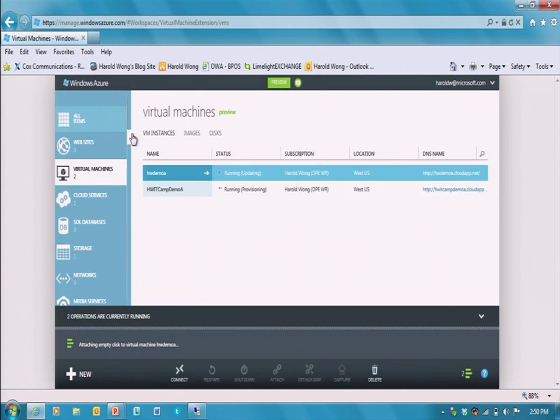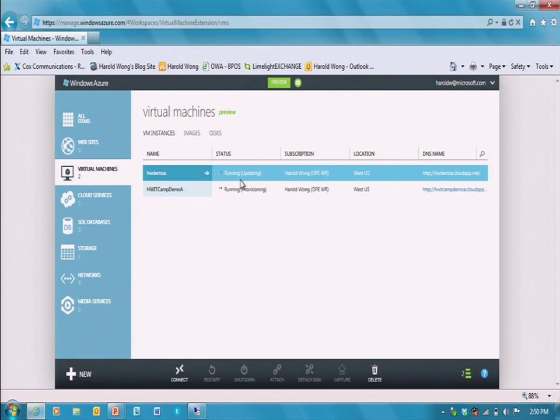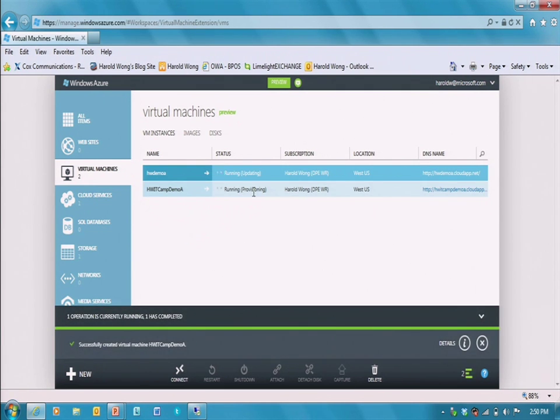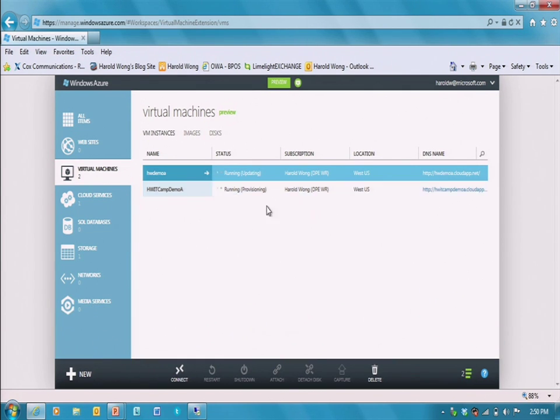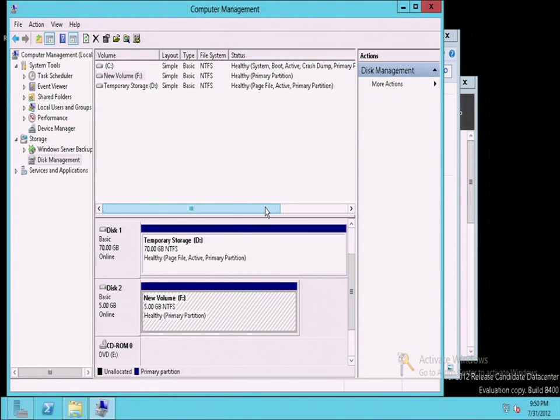Let me go ahead and go back to my virtual machines, and let's see. We can see it is updating HWDemo-A, and it is provisioning HWIT-Camp Demo-A. I do want that to finish. It will probably take another few minutes, but let me jump back over to my virtual machine, the RDP session, and if I refresh,